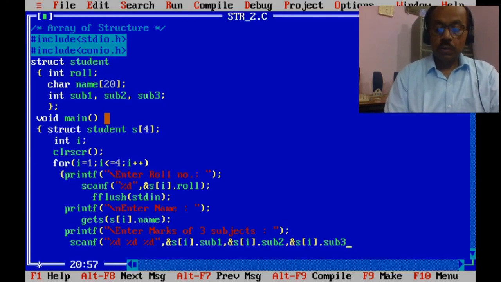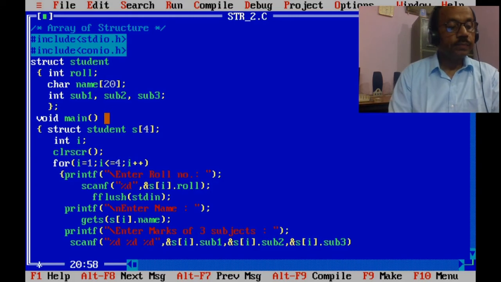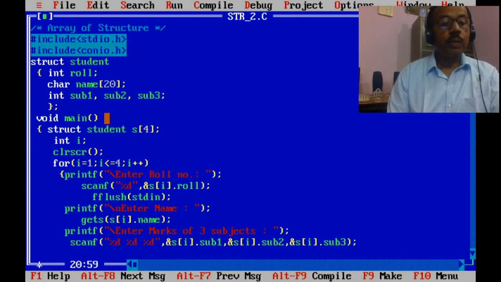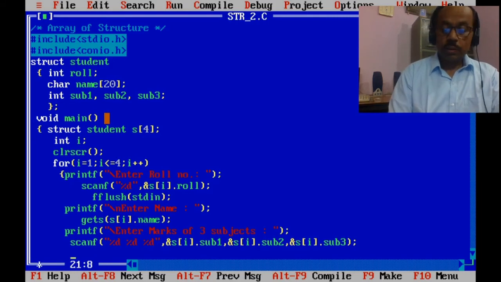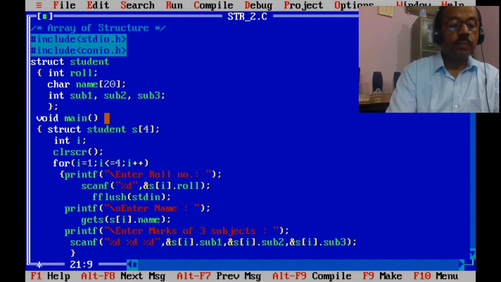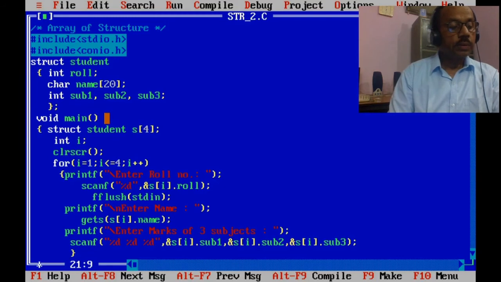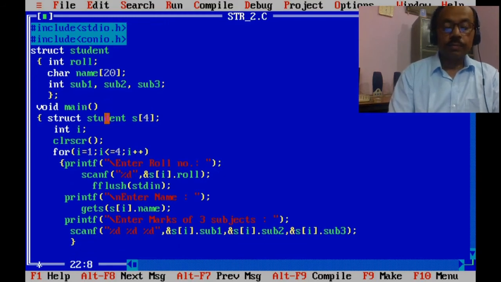So all these three values will be accepted, and this block, a printf block for statements, is completed.